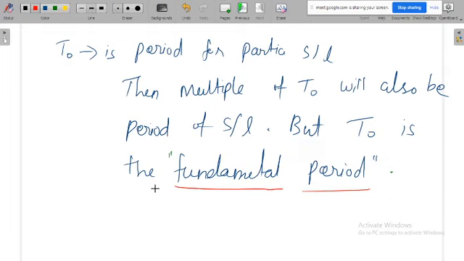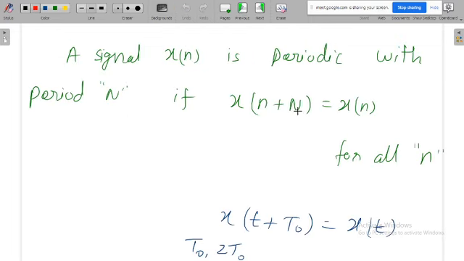So in future you should not have any other confusion from this. Similarly for n naught also. Where the n that I am mentioning here is the fundamental period, so that means instead of putting n I can put 2n, I can put 3n, and this equation will still be satisfied, because if the signal is periodic with n, then it is also periodic with 2n, 3n and 4n. If the signal is periodic with capital N, then it is also periodic with the multiples of capital N. That is the idea here.